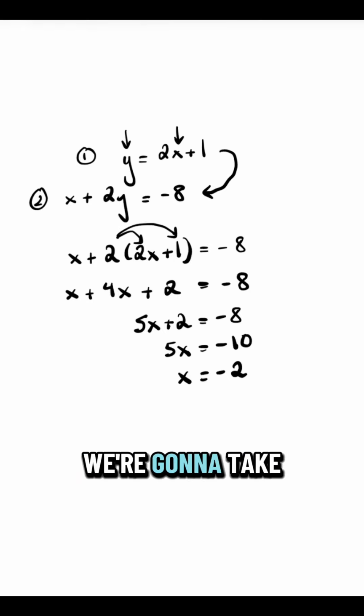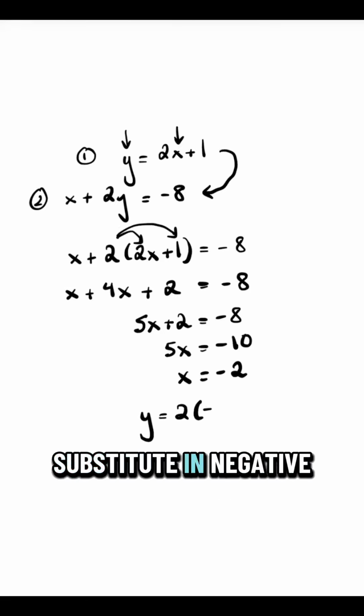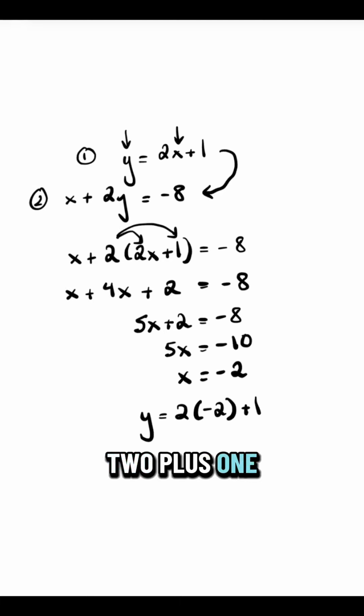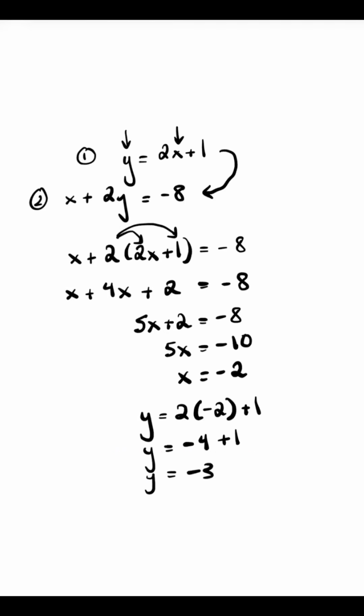Now what we're going to do is we're going to take that x and we're going to substitute that back into our first equation, which is y equals 2. And then for x, we're going to substitute in -2 plus 1. And then we're just going to quickly solve for it. So 2 times -2 would be -4 plus 1. And then finally, -4 plus 1 would just be -3. So now we can see that x is -2, y is